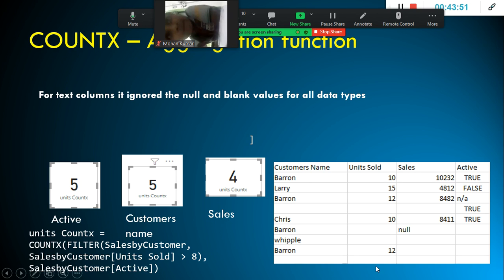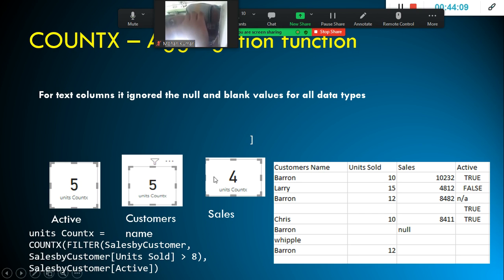Because the Baron and the Whipple, if you exclude them within this data set and this blank, how many do we have? 7. Of these 7, if you exclude these two, so forget about this one. I think this is the one we need to remove.